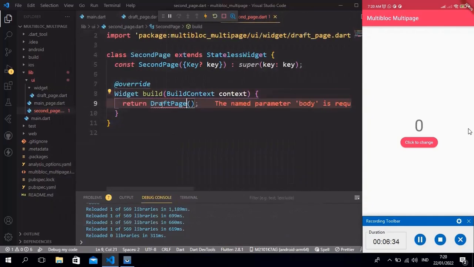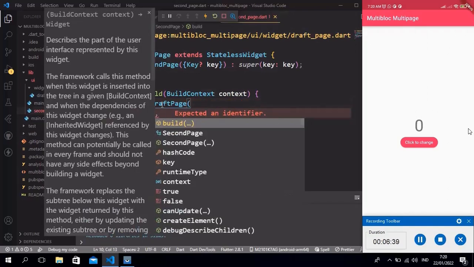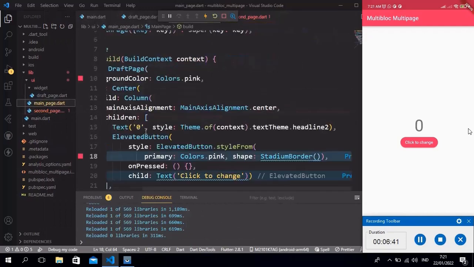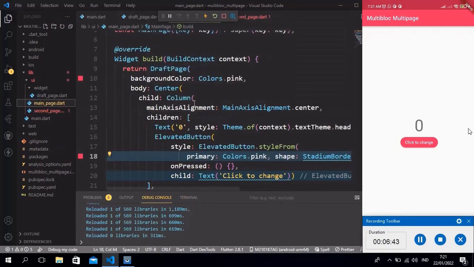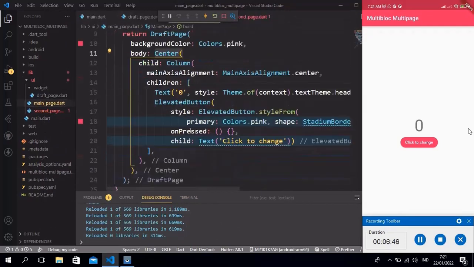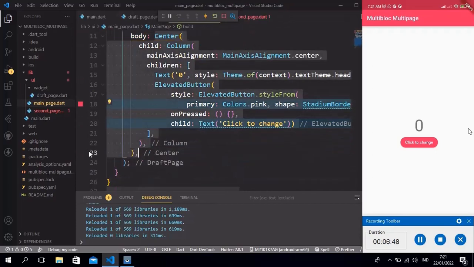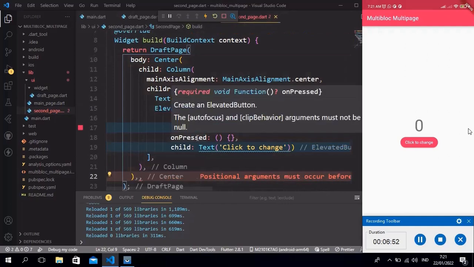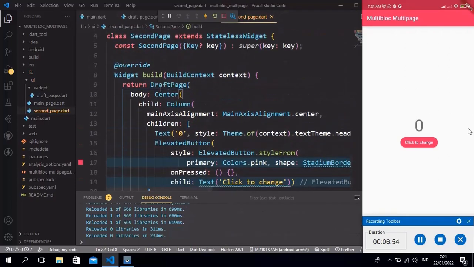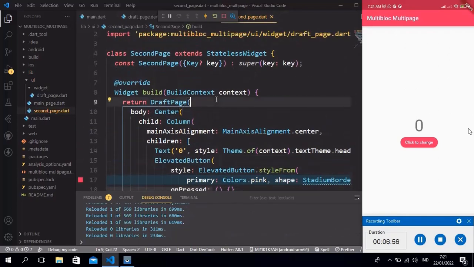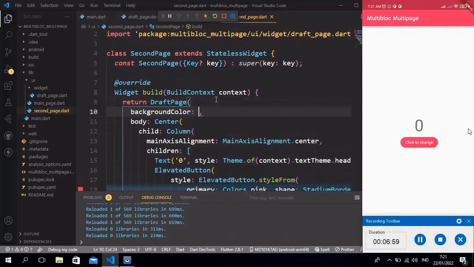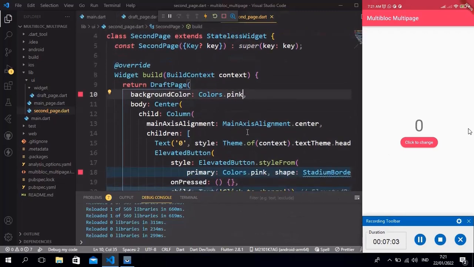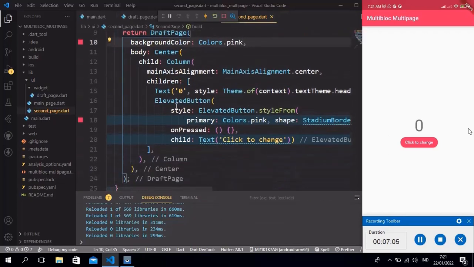We call draft page again, because draft page is the scaffold template. And we copy the body from main page and paste it to the second page, because the body should be similar to the previous one and need just a little adjustment. And in the background color, we set it to the default color, which is pink.